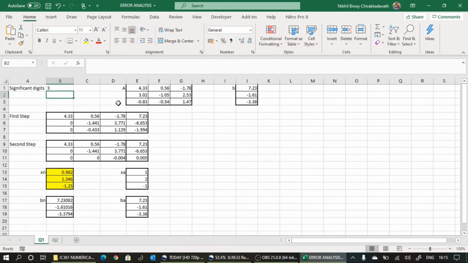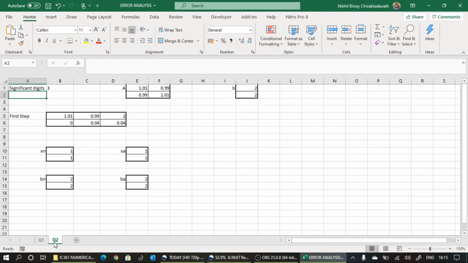In some situations, if one arrangement gives error, and after swapping the matrix the error is negligible, then you can say that it is not due to singularity, it is due to a very small value of the pivot. Is it okay? So here it is a little bit singular, very close to singular. Okay, now take the second case.